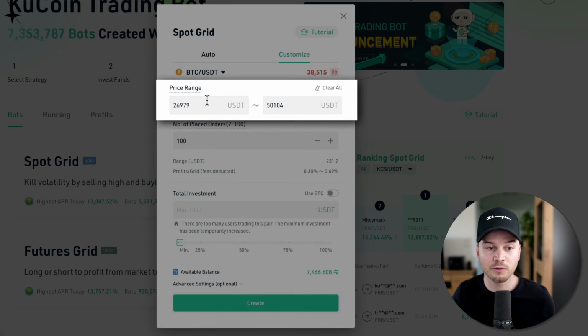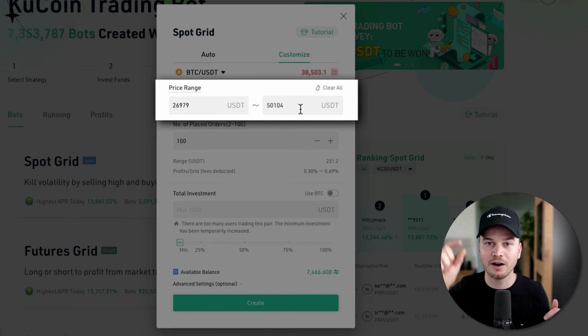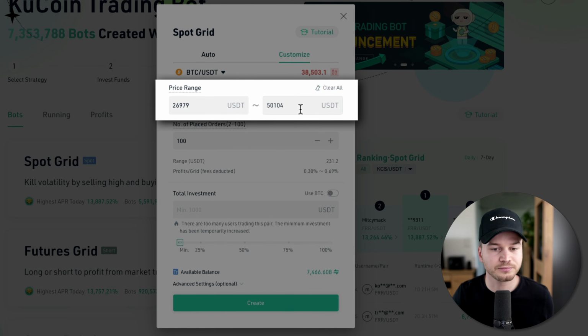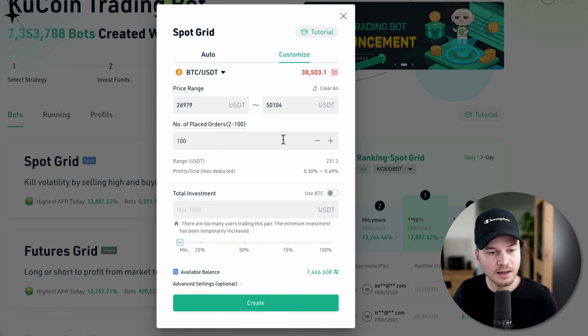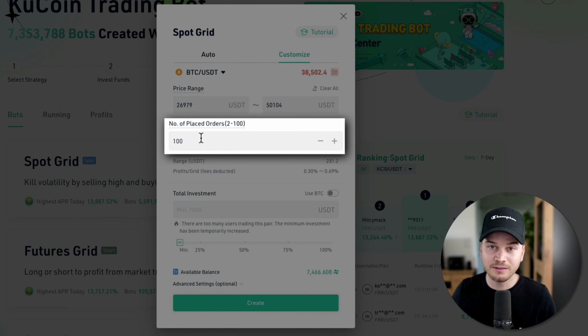So here, the bot will basically create a grid between 27,000 and 50,000 US dollars. And at specific grid lines, it will just carry out trades and try to, again, buy low and sell high. So then you have the number of placed orders. Now, by default, it is set to 100. Now, personally, I would reduce those because you have to think about